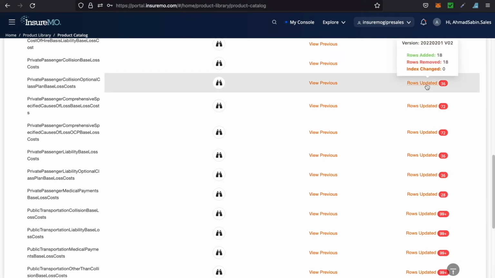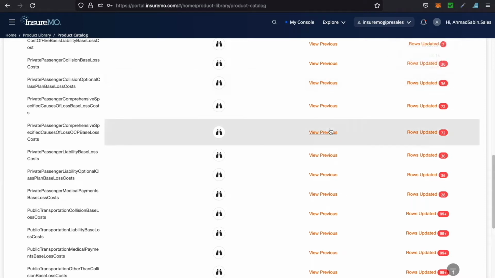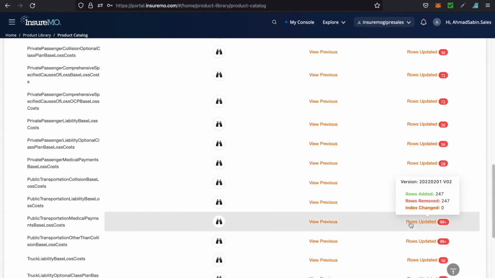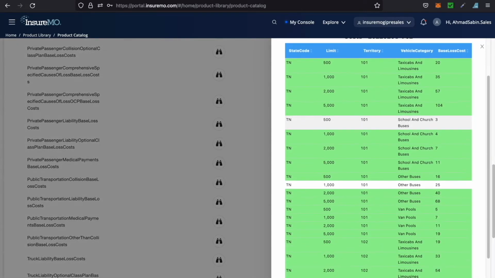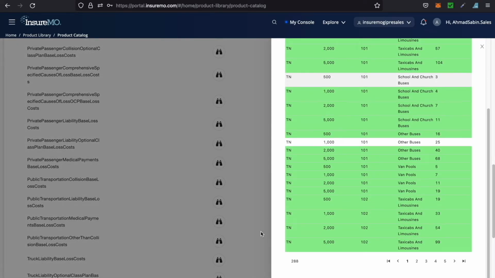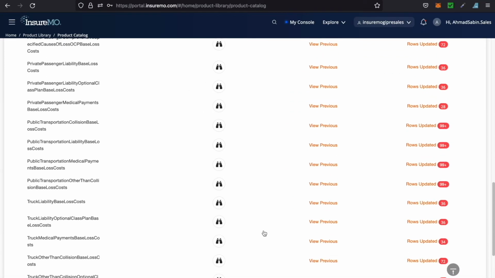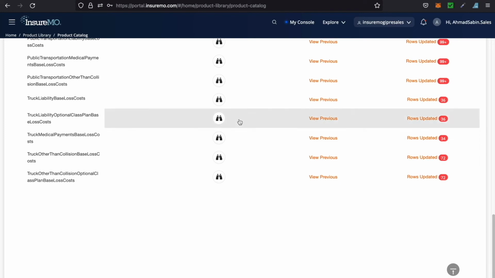Hovering over the labels will give us a quick overview of all the rows that were affected by the circular change. You can click on any of these labels to quickly open the associated rate table in a slide out. In order to quickly analyze the differences between both of these tables, you can click on View Differences,